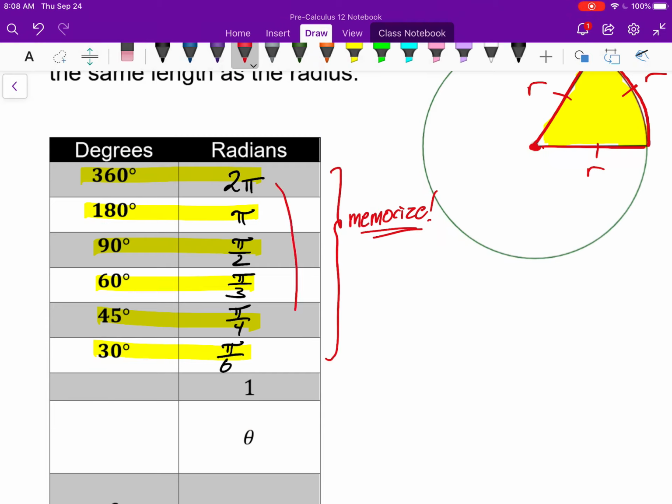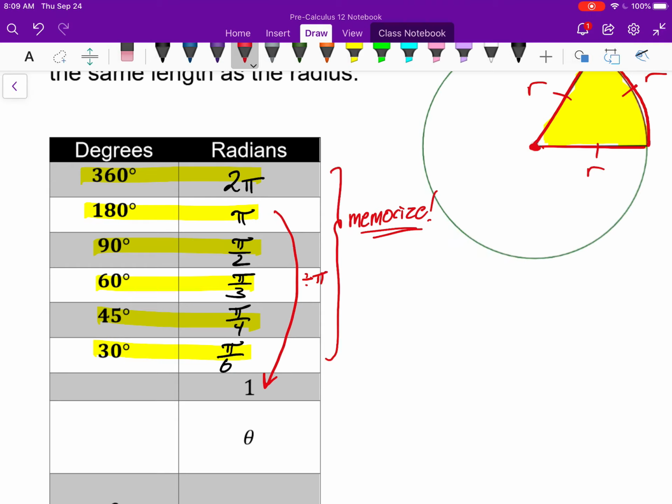For example, to go from 2 pi down to 1, I have to divide by 2 pi. Let's try that again. To go from 2 pi down to 1, I want to divide by 2 pi. So I can do the same thing here. Actually, let me make this a bit nicer. That's not wrong what I said, but I'm going to go from 180 degrees. To go from 180 down to pi, I want to divide by,